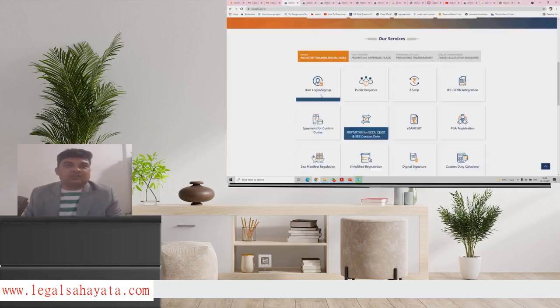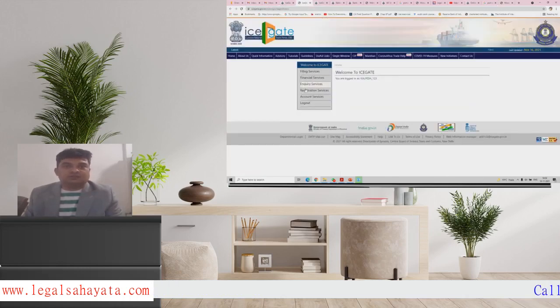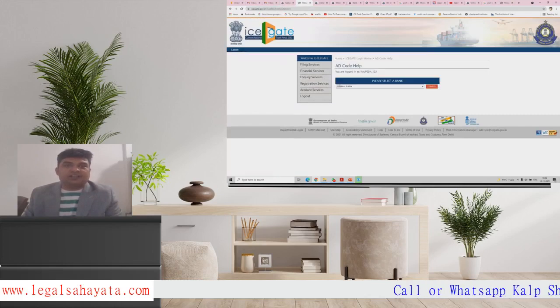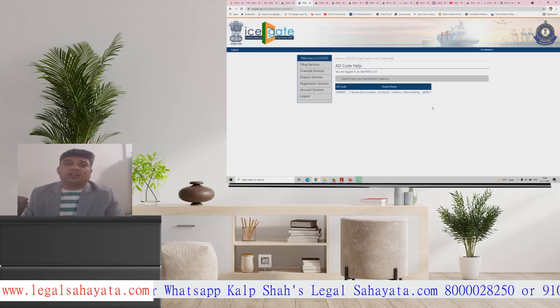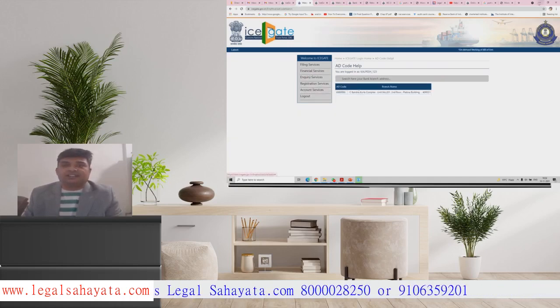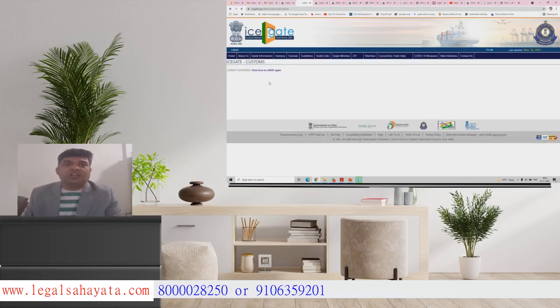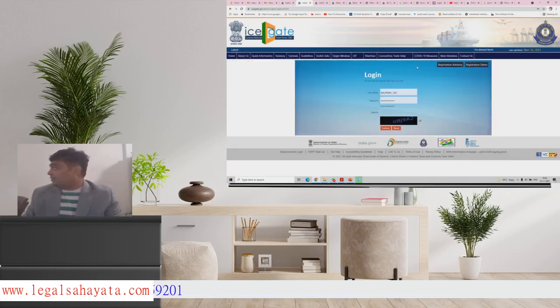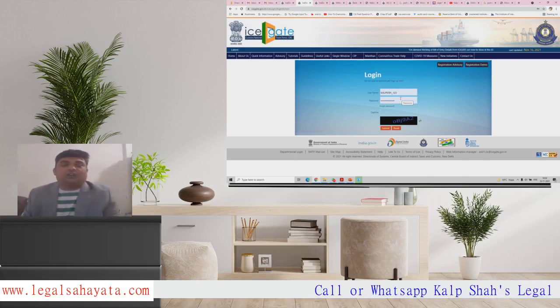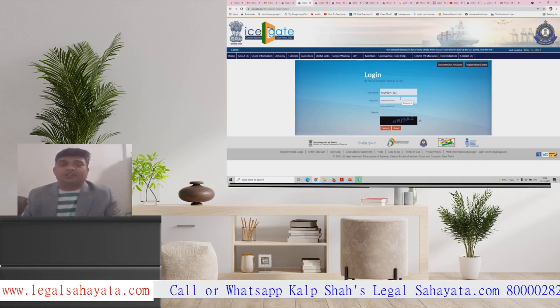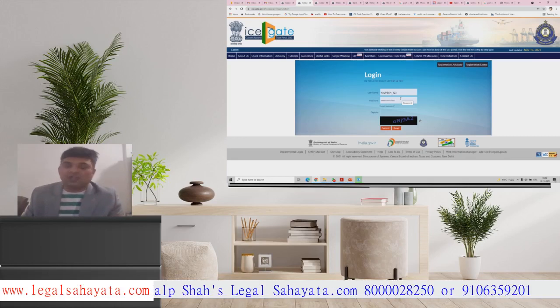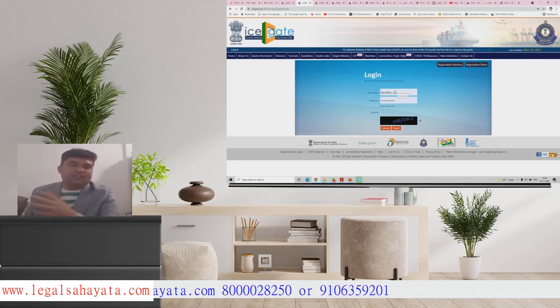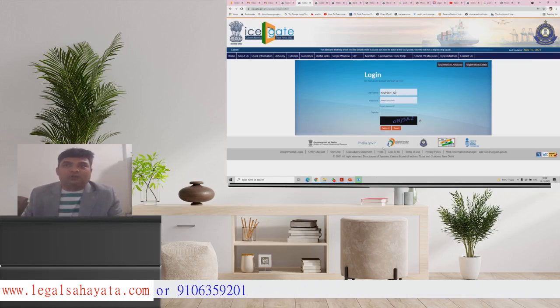And I was going through these AD codes. This is Registration Services, AD Code Details, and you need to select the bank, Bandhan Bank, then search. But this AD code search facility, I think, is only available for registered users. Unregistered users cannot find it. So for that you need to do ICEGATE registration with your digital signature and upload Aadhaar card, IEC and an authorization letter if yours is a company, LLP or partnership, that means other than proprietorship, where an authorization letter is required. A separate video has already been made.